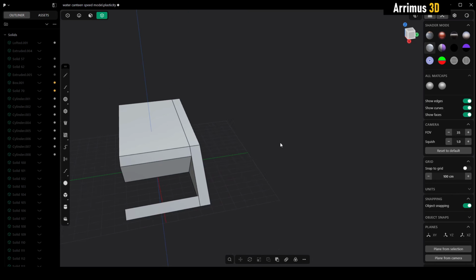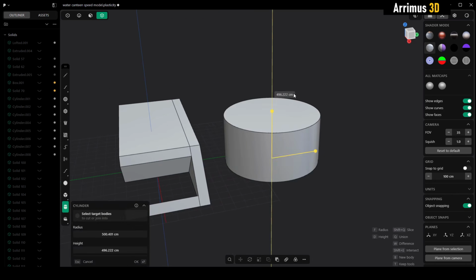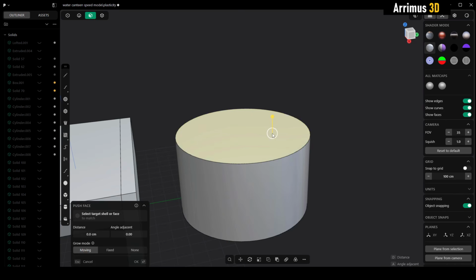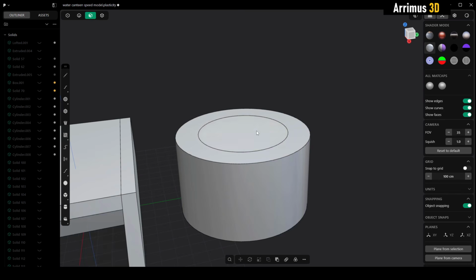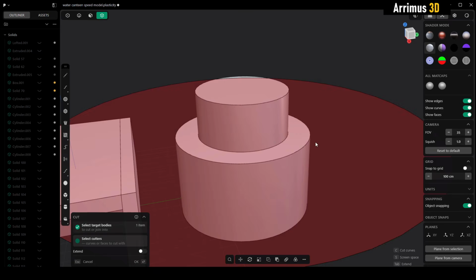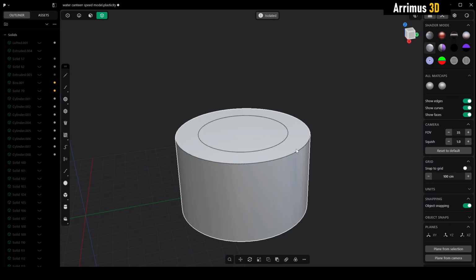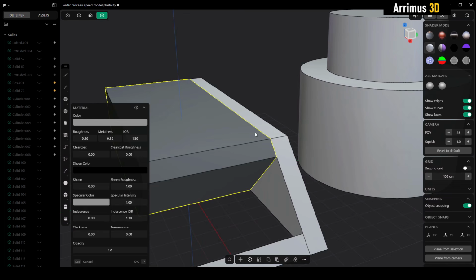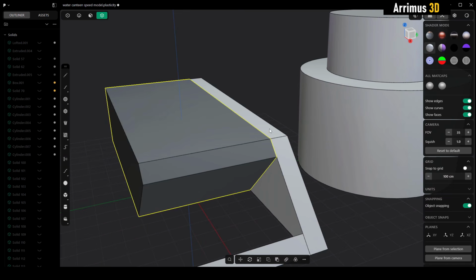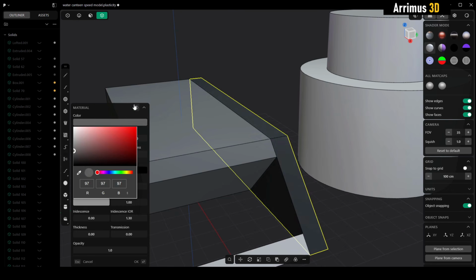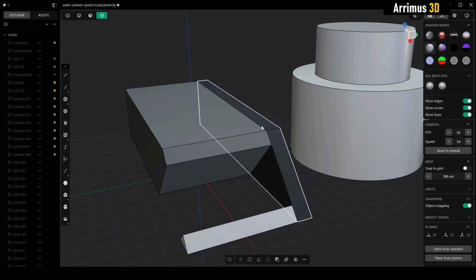Another example of that is, let's say I create a cylinder, and I will go ahead and select this. I'm going to split that up, so press C, select this. This will be left, so F, DE, delete redundant topology. I can go ahead and, let's say, apply a different color, or let's say I make this a different color. Alright, now I can go ahead and select this and then